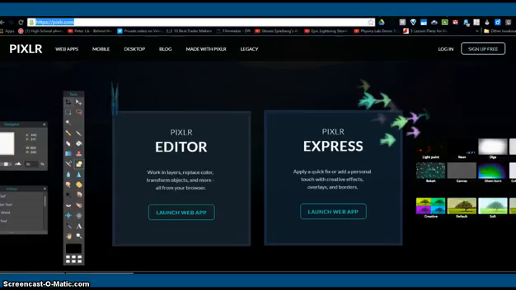So this is a program called Pixlr, and it comes from Autodesk. And they have two versions of this online. One is the editor version, which looks a lot more like Photoshop and is a lot more complicated. And then there's the Pixlr Express. And mostly I'm going to show you the Express version because really you're just trying to do one thing,